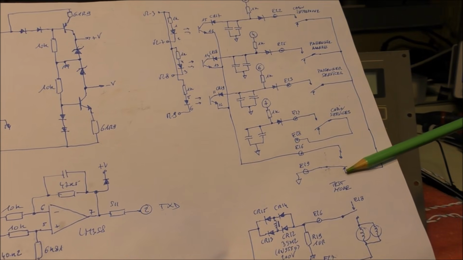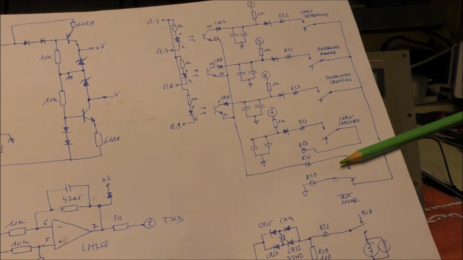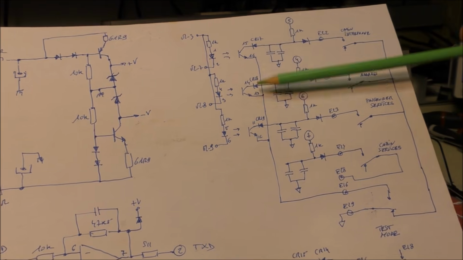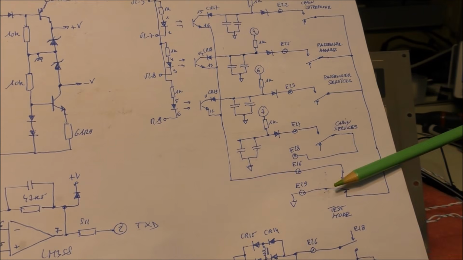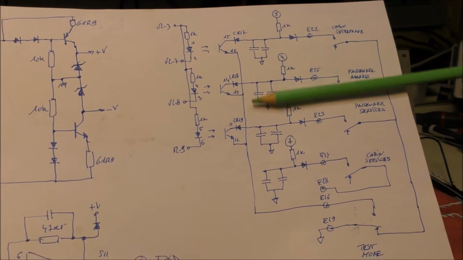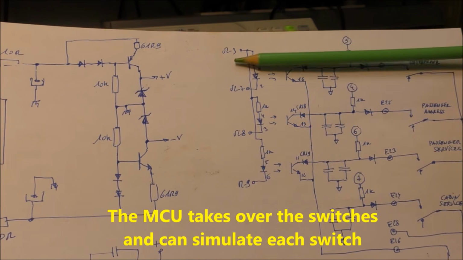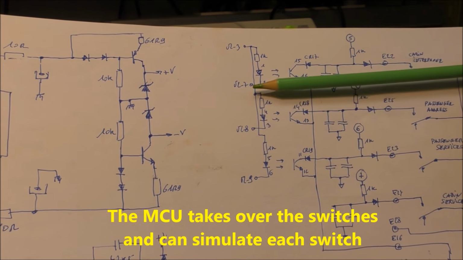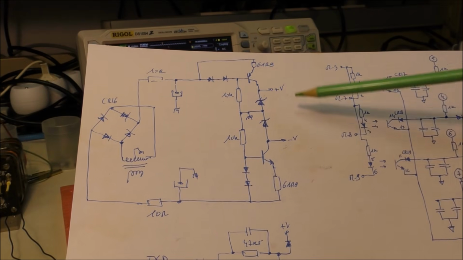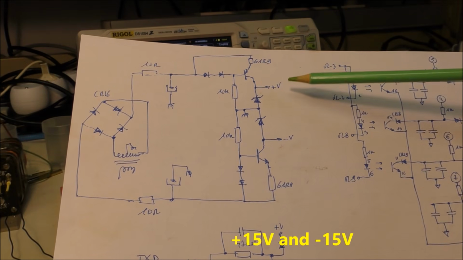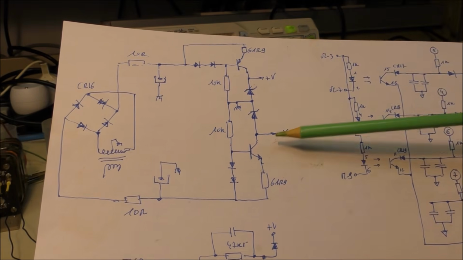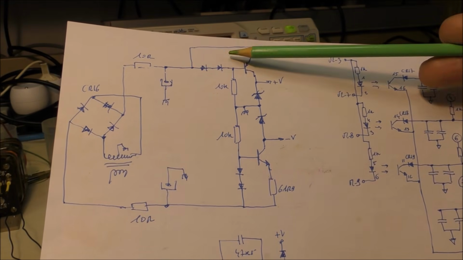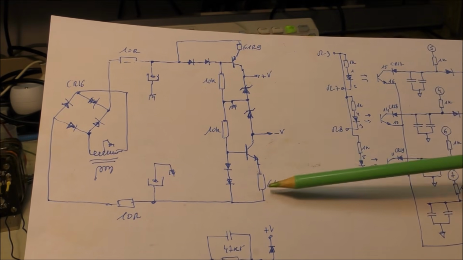In that case, the return line here is open, and we can see that we have 3 optocouplers here. And we can see that in test mode, the optocouplers here are connected to ground. These 4 lines are connected to the microcontroller. Otherwise, there is a small power supply, plus 5 volts and minus 5 volts. And we can see that the current is limited by this current source, approximately 10 milliamp.